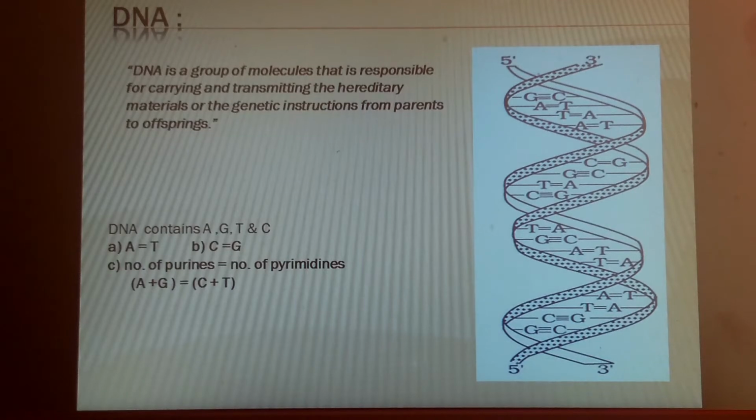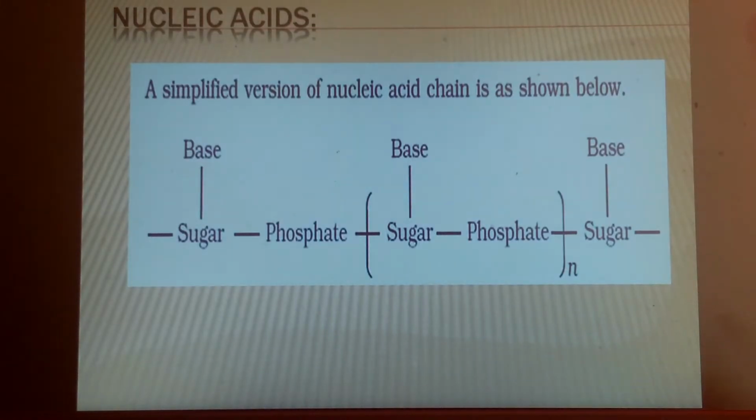Next, this is about the nucleic acids. We have studied nucleic acid structures, and we have seen that nucleic acids are of two types, that is DNA and RNA. When you want to study the nucleic acid structure, the nucleic acids are discussed based upon the primary and secondary structures. So what are these primary structures? Primary structures give an idea about the sequence or arrangement. That is what the primary structure does.